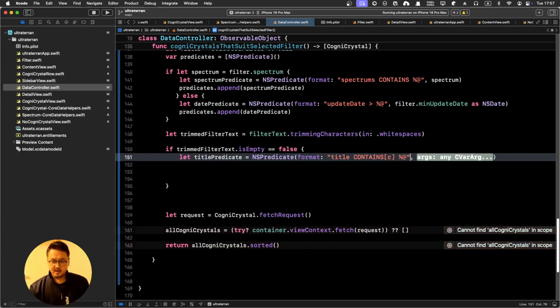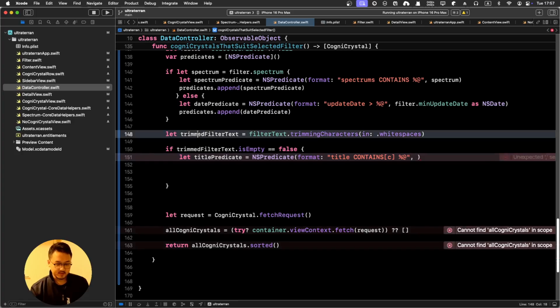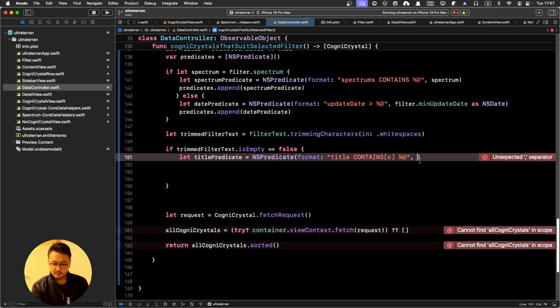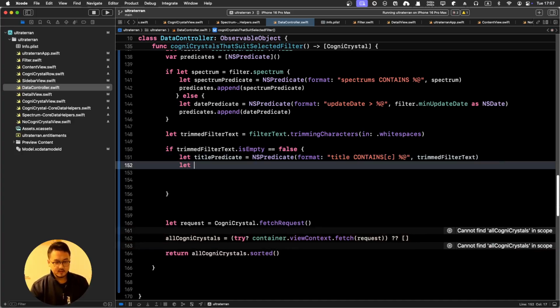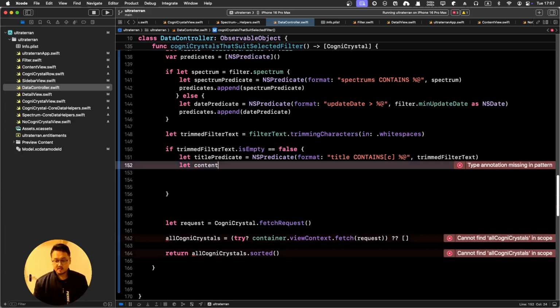Okay, and then we're going to have a trimmed filter text. Okay, passing here and make this as a criteria, and then let another content. Why do we need content as well as a title? We want at least title or content to contain the text that you input, so you can filter it, you can get a result. So content predicate,